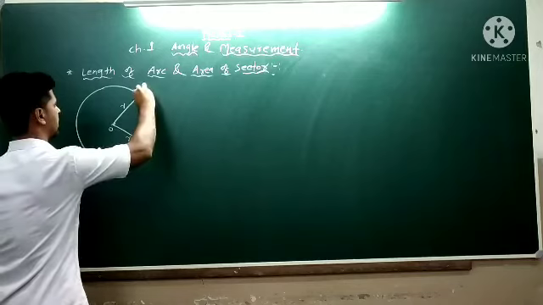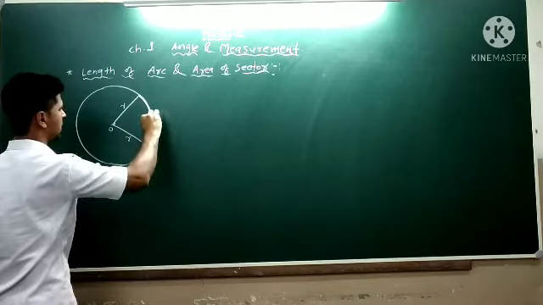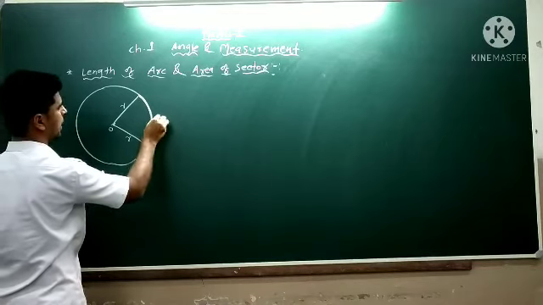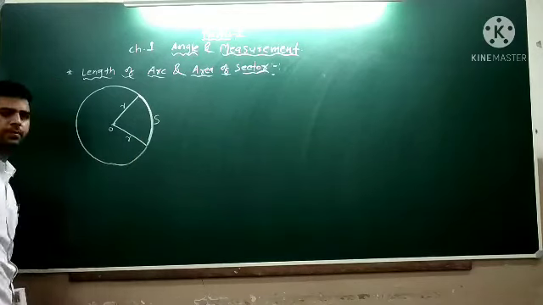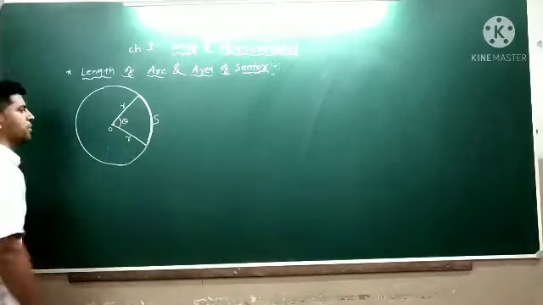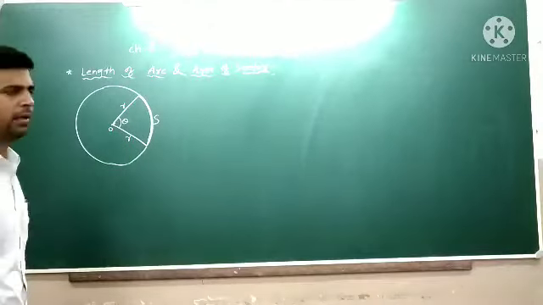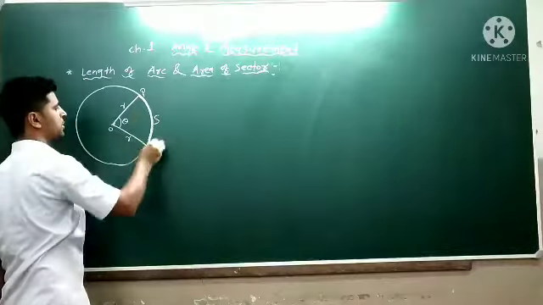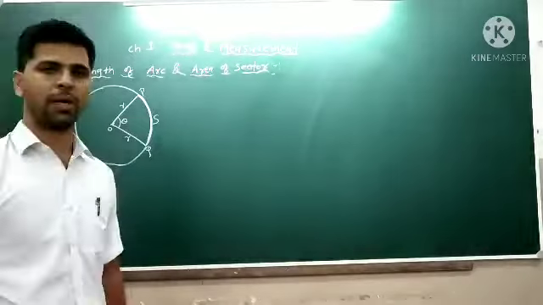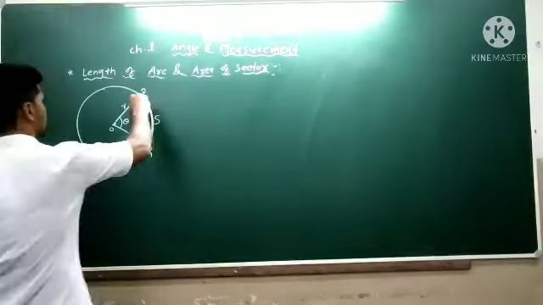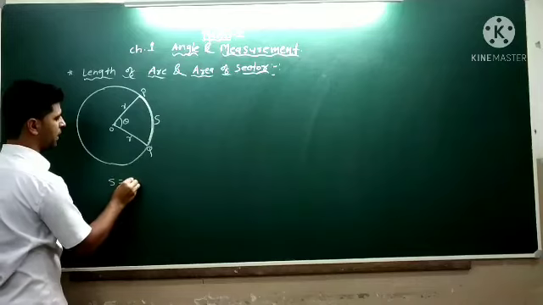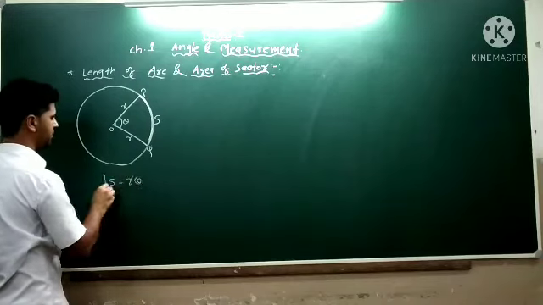Okay? This part is known as arc. This is your arc. Arc is denoted by s. Okay? And the angle formed by the two radii is known as theta. Okay? So this is point P, suppose this is point Q. We don't have to do much with the points, but this length from P to Q we have to find. So the formula for length of arc is r into theta.